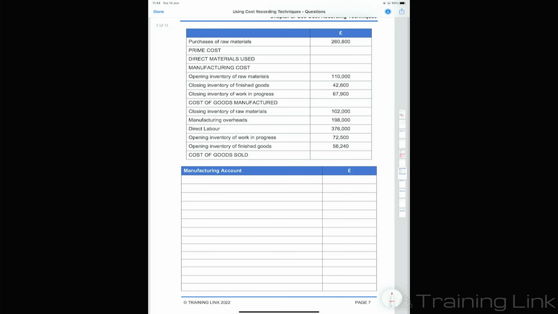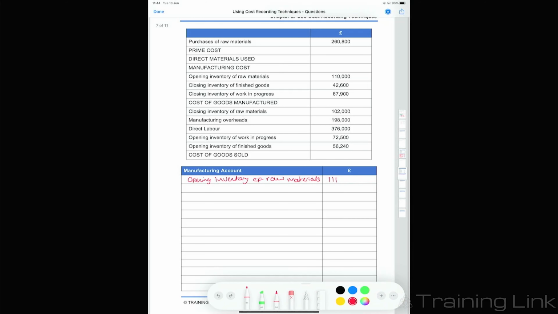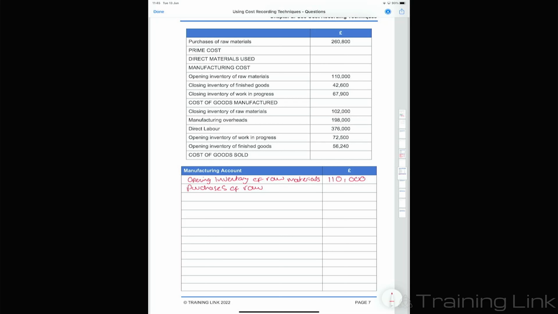So another example, just to see some different figures, but actually the names will still go in the right order. So let's have a look through this. So opening inventory of raw materials, starting in the same place. Okay, and that should be for the amount of 110,000. That's 110,000, not 111,000. There we go. We've got our purchases of raw materials, and this will be for an amount of 260,800, and then we've got our closing